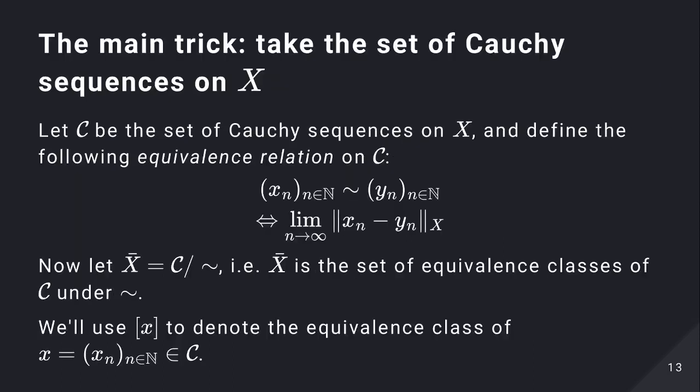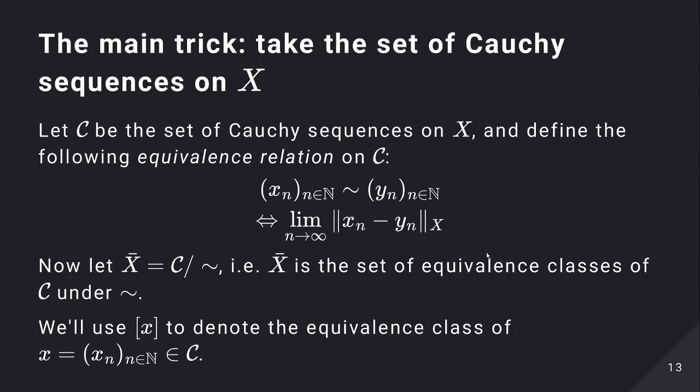So the main trick here is to start with taking the set of Cauchy sequences on X, because we have a space such that not every Cauchy sequence is convergent, so we have in a sense some hole, right? Because if I have a Cauchy sequence that does not converge, that means I have a sequence that gets closer and closer to itself, but somehow I cannot find exactly where it lands. So it sort of points at some kind of hole in my space, some kind of missing point. So a natural idea, okay, let's take the set of all the Cauchy sequences on X,